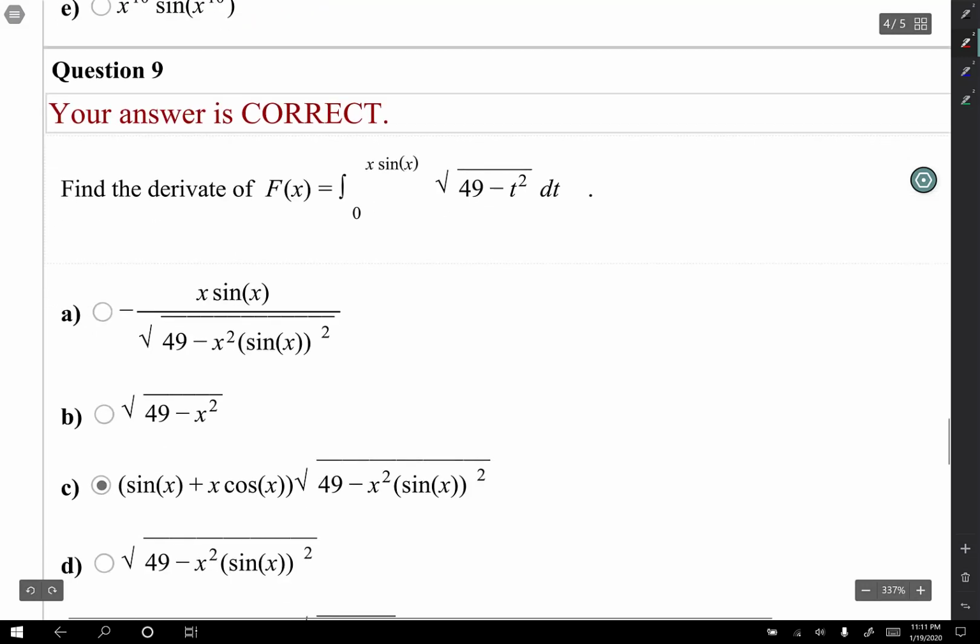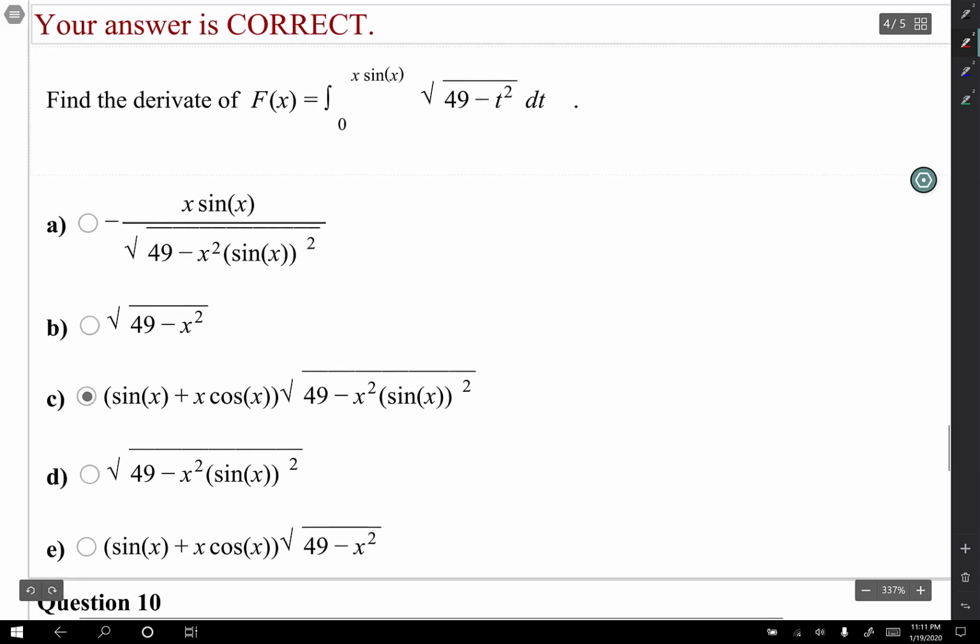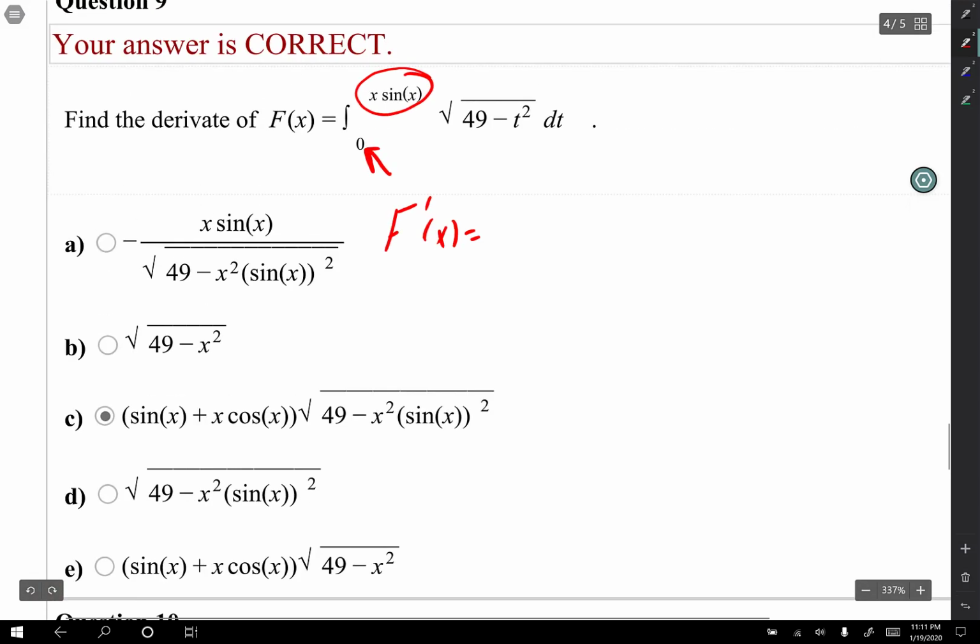All right, question 9. So again, same thing. I have a lower limit constant. Upper limit has a variable x, but it's not just x, it's x sine x. So that means we're going to have to do chain rule. So here we go. F prime of x is equal to, wherever there's a t, you're going to plug in the entire expression that you have up there. Square root of 49 minus, open parenthesis, x sine x, close it, put a square on it, and we're not done,